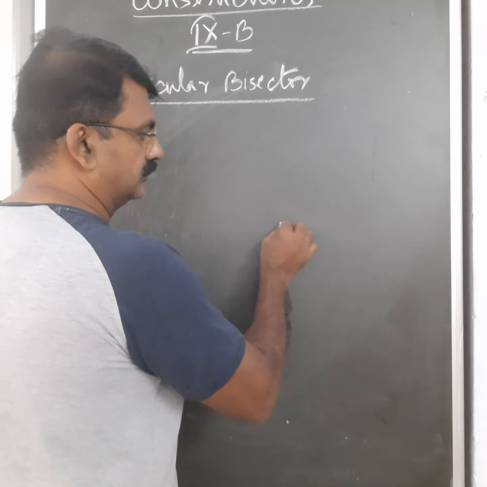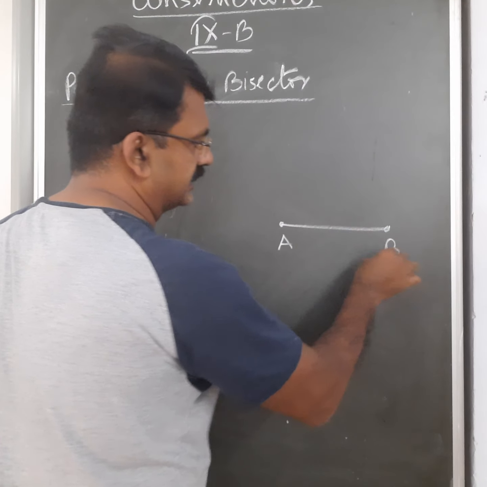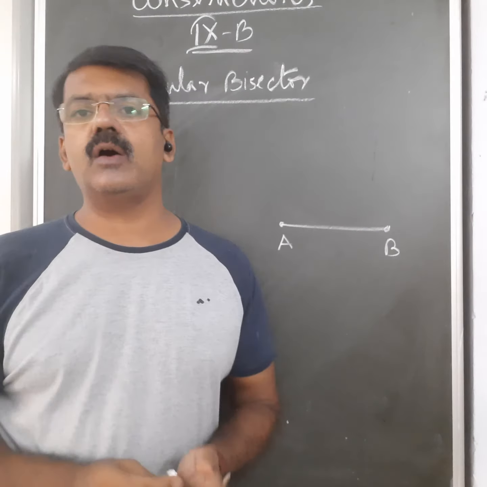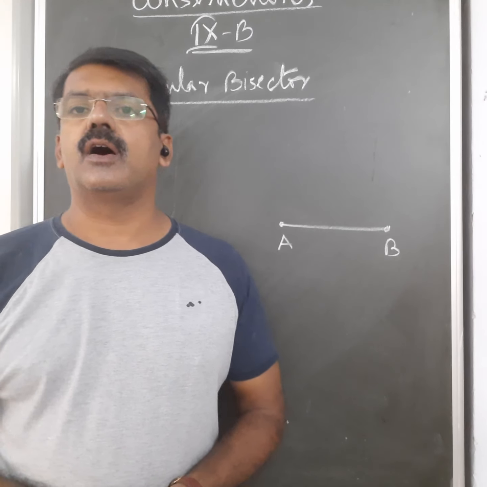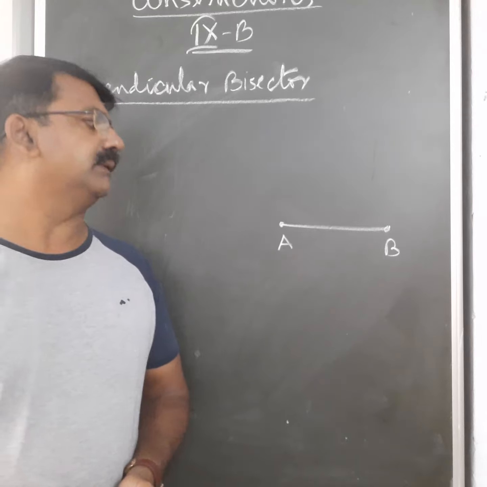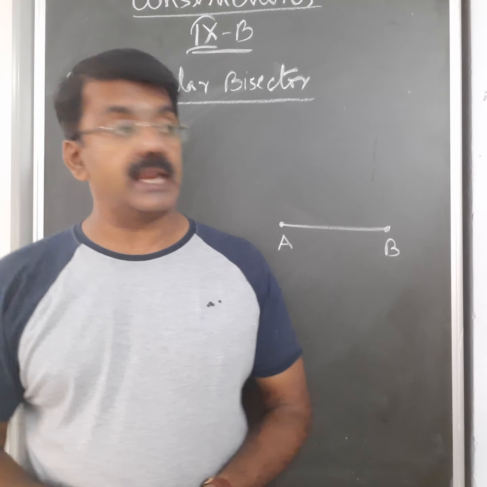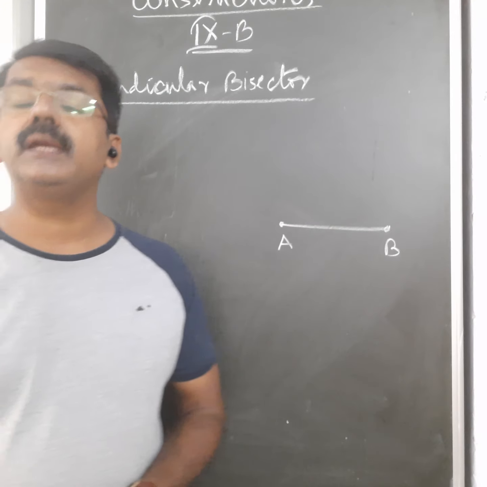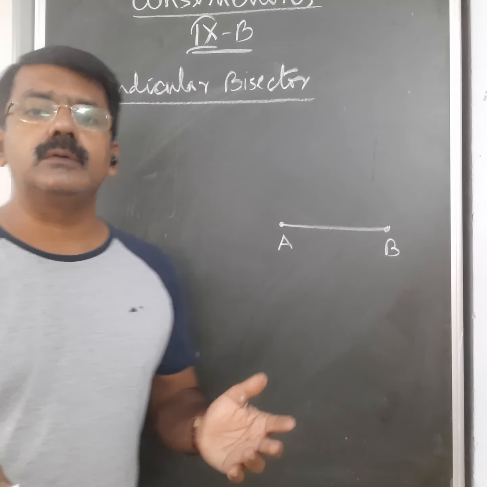Suppose AB is a line segment, and now I have to draw the perpendicular bisector of line segment AB. Perpendicular bisector means a line which is perpendicular to AB and which passes through the midpoint of it. Now,